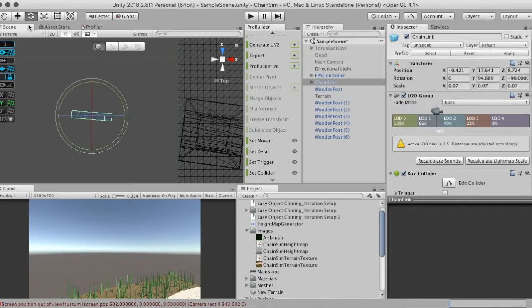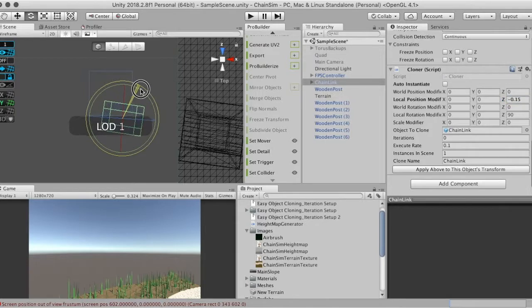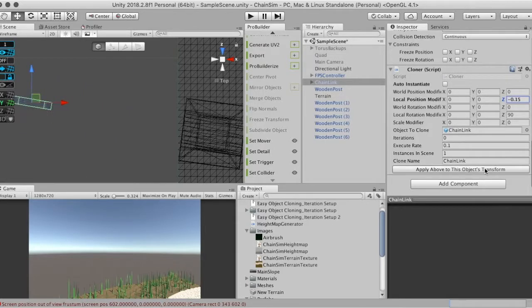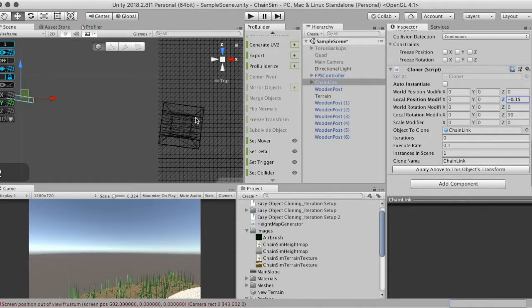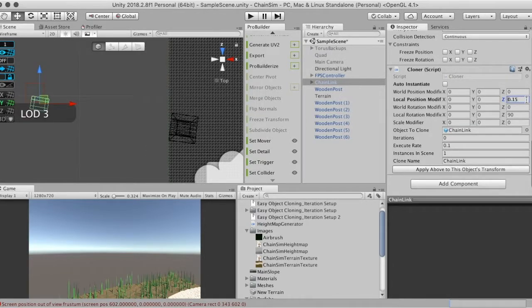So what we're going to do now is essentially just turn auto instantiate off, and because I edited the script, it will actually work with auto instantiate turned off. So I'm definitely going to update the script and maybe just negate this local position thing. Maybe just rotate it just slightly, and maybe give it a kind of step distance. We're going to reverse negate the value, check auto instantiate,